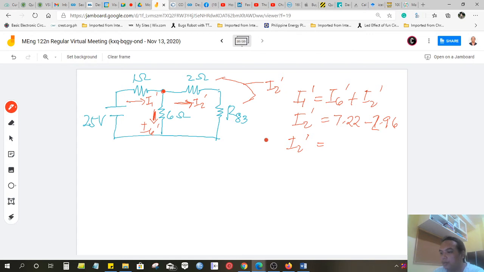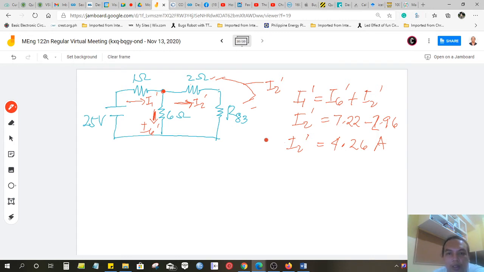4.26. Pila? 4.26 ampere. Okay? Now, we have I2 prime. If you multiply I2 prime by 2 ohm, you get its voltage. Then if we also multiply I2 prime by the resistance R83, you can get the value of the voltage of